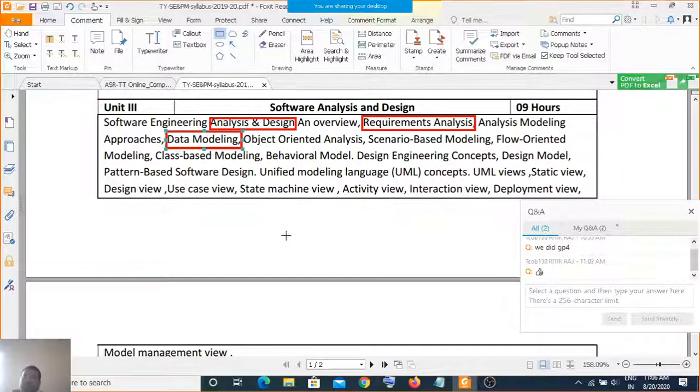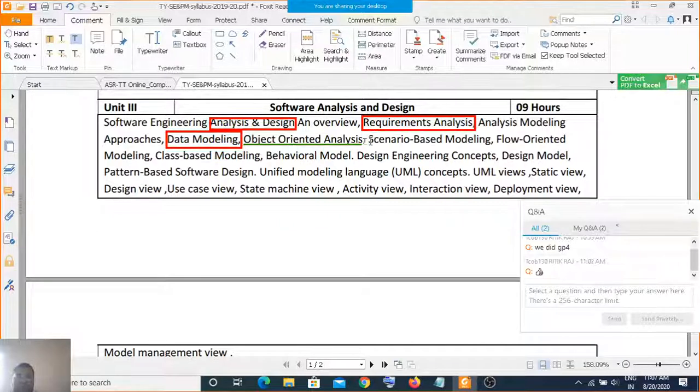Then you require to go for scenario based modeling. Object oriented analysis is for considering the objects, classes and so on.